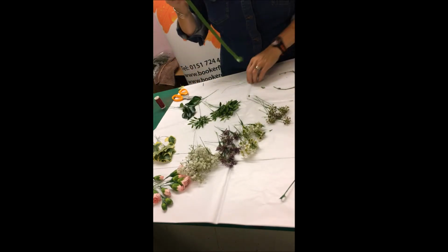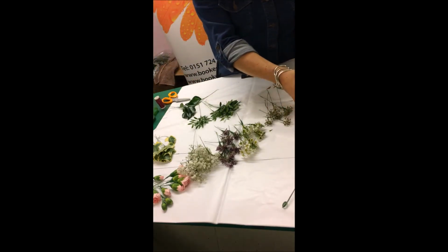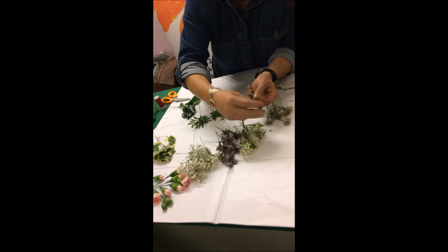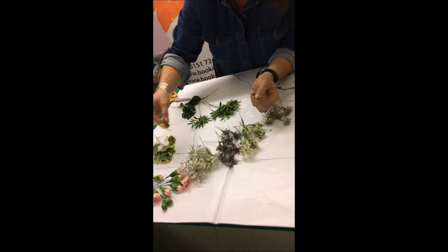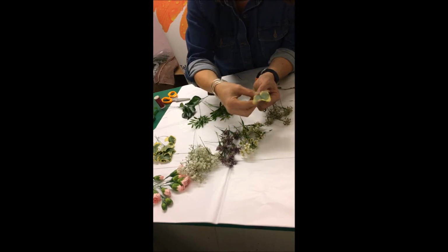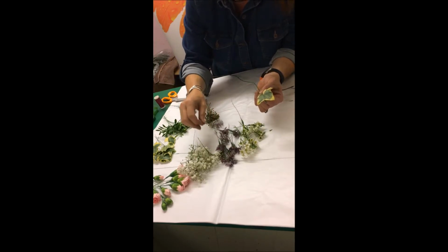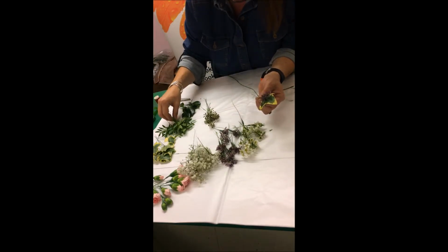Okay, so let's start, because we can always pop it down and add some more as we go if we're running out. Just open that up a bit, but you can see where the tip of your flower or your leaf has got to come to. I always like to start with a point, so the ivy's quite perfect for that. Layer it down. Then your next item, up to you, but because we've got a piece of foliage, I think we should go with a nice little filler of flower, and then